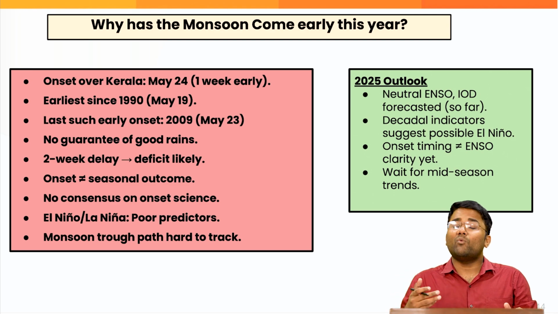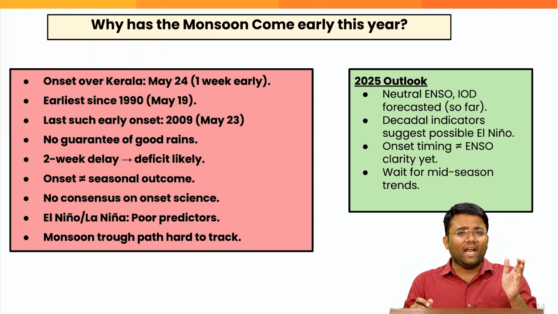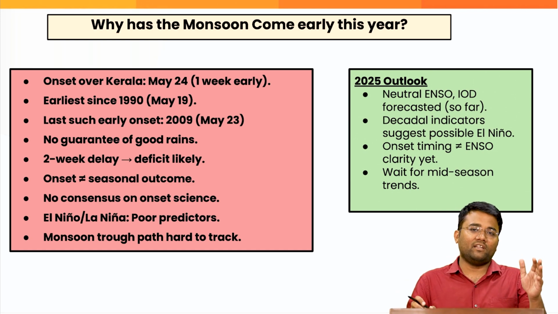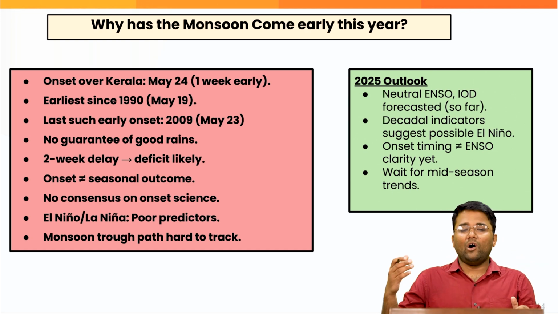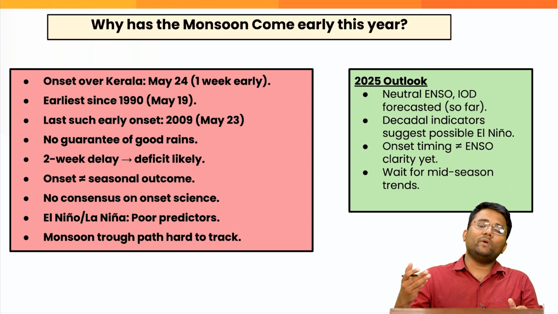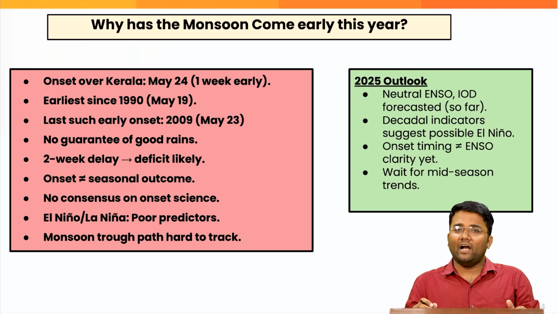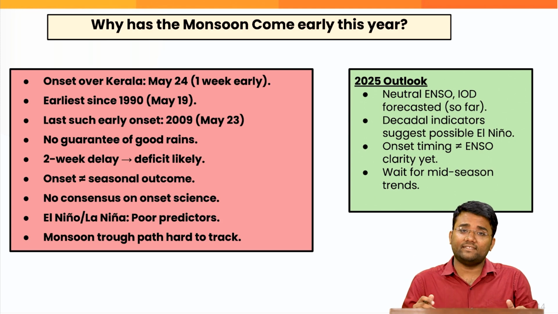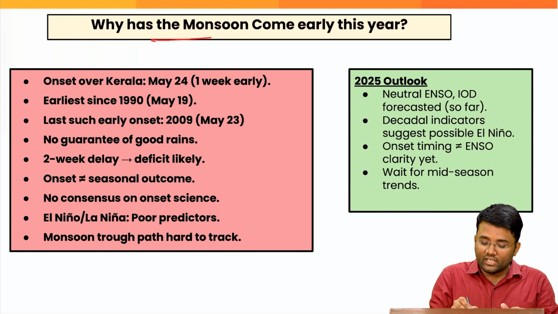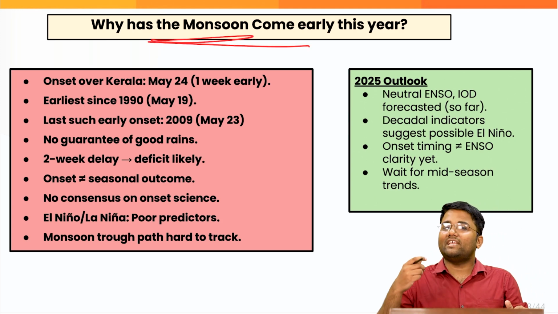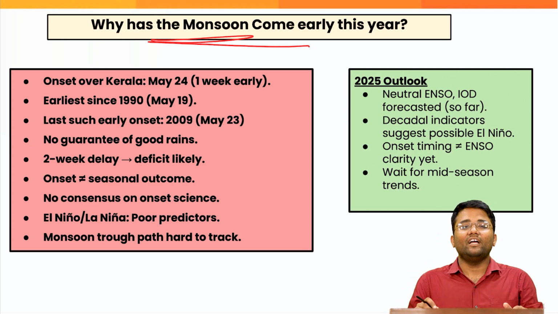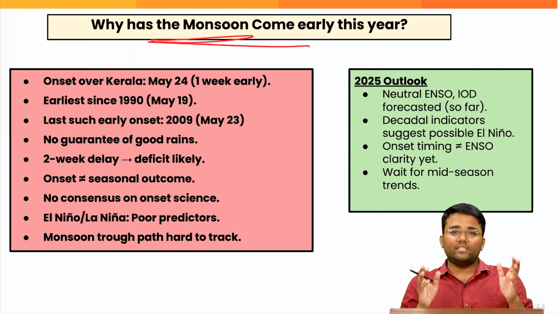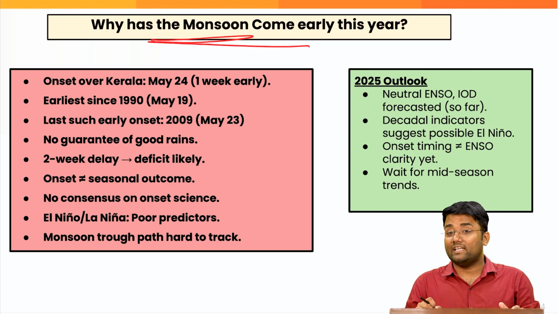How is it coming? What are the various factors that are coming? On one hand, if the scientist gets an idea that there is a positive correlation between a factor like El Nino or IOD or any other factor, in the subsequent years or in the future, there is again some other phenomenon that they observe, and their understanding further gets enhanced. That is the reason we do not have a clear idea why monsoon came early this year, and this is what is written in the newspaper also, that scientists are trying to establish some correlation, but as of now we do not have a clear idea.